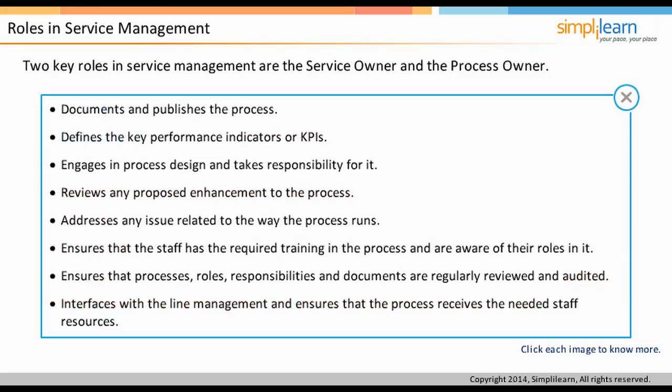Let us understand the responsibilities of the process owner. The process owner performs tasks such as documenting and publishing the process, defining the key performance indicators or KPIs to evaluate the effectiveness and efficiency of the process, engaging in process design and being responsible for it, reviewing any proposed enhancement to the process, addressing any issue related to the way the process runs, making sure that the staff has